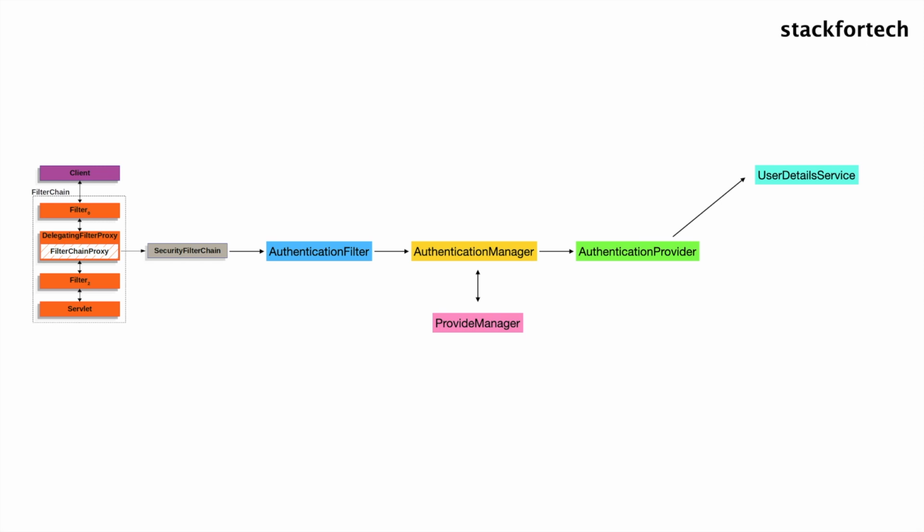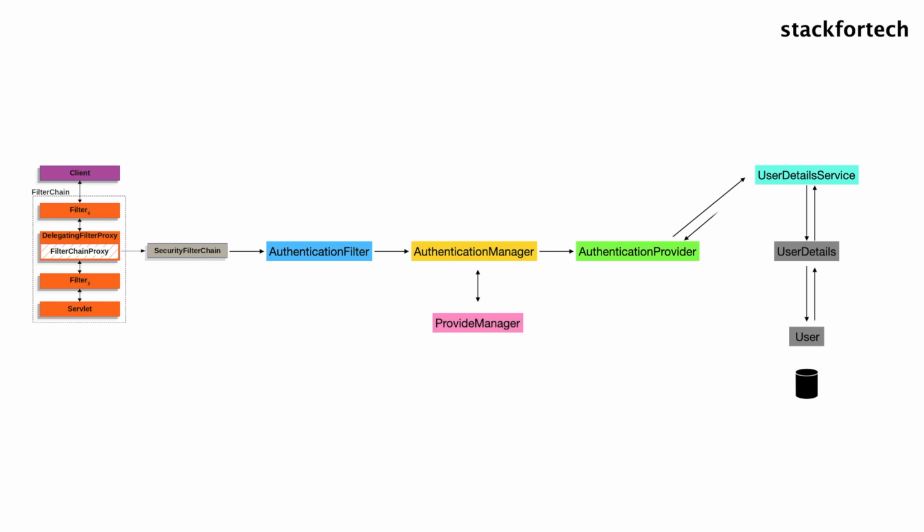in that case, we will be having a user details service configured, which will take in the credential or the request body which was passed along with the request by the client, and it will go and look into the database via the user details service, and it will retrieve the user information. If that user is available in the system or in the database, it will return a user details, right? And it will match the username and the credentials which were passed, and once it is matching, it will pass the authentication object back to the authentication provider.